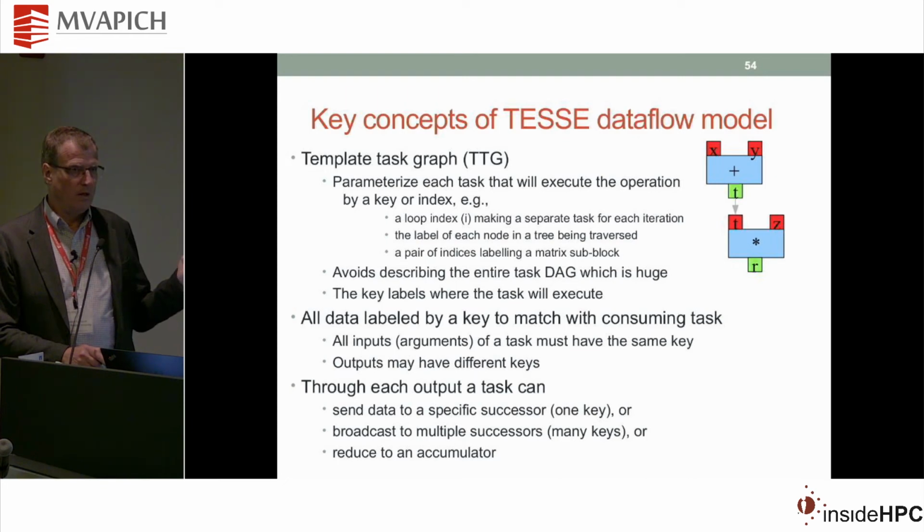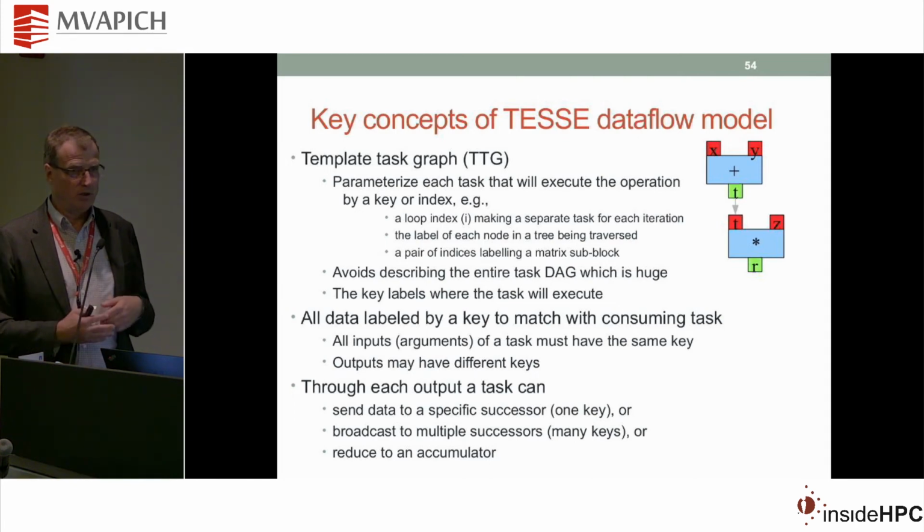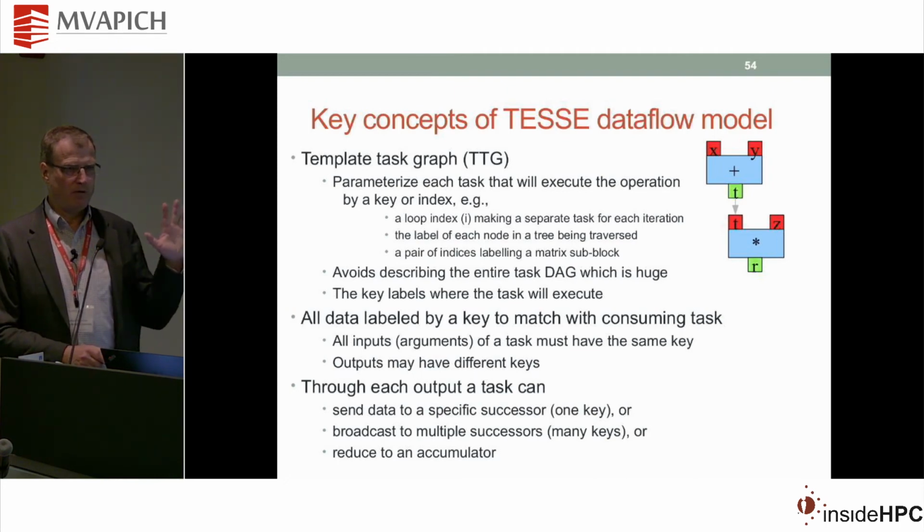But the key idea is to parameterize tasks in a graph of tasks with some index. So instead of representing the entire DAG of computation, which could literally be untold billions of tasks and pieces of data, by parameterizing the task, we can describe the computation itself and execute the computation by essentially just looking at a wavefront of traversal of the